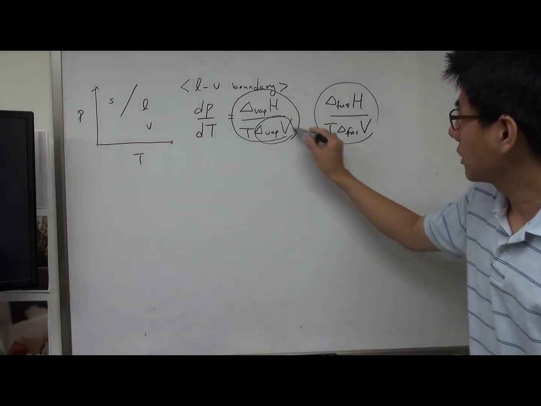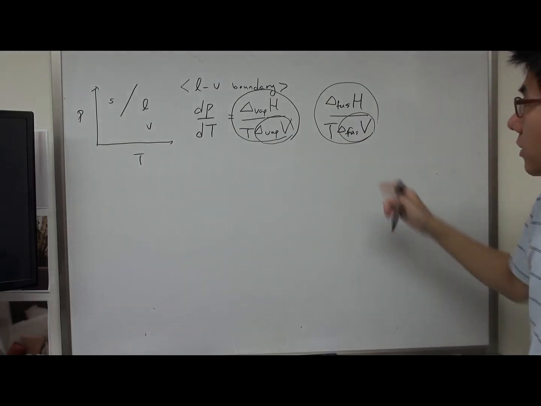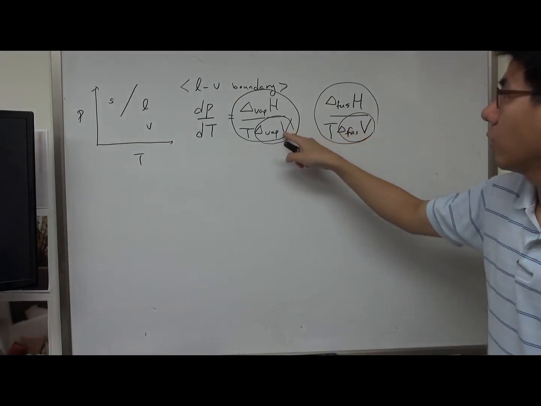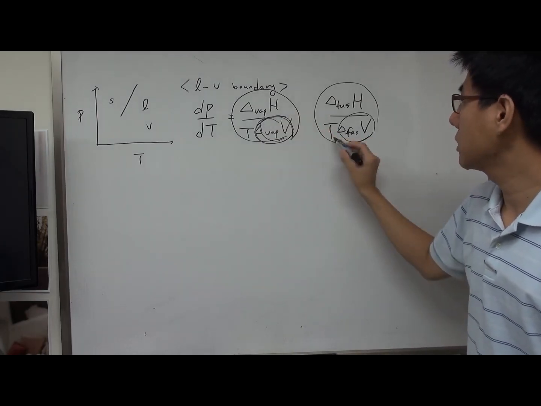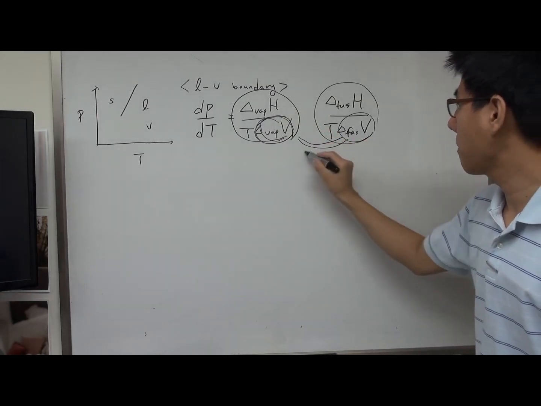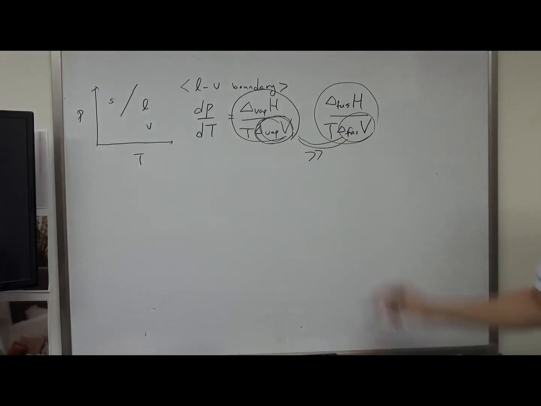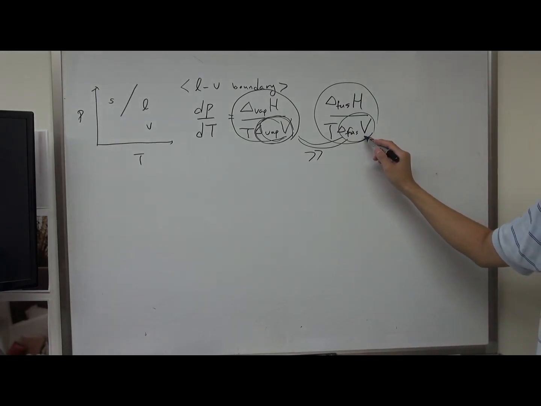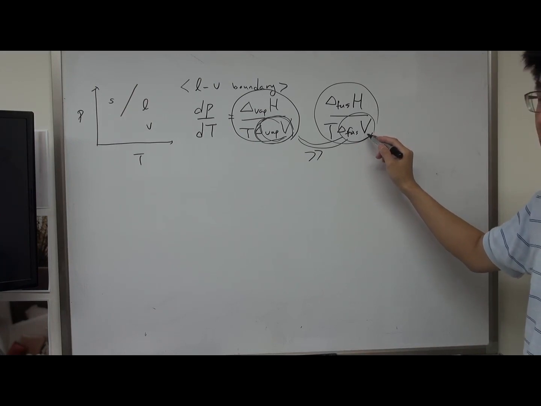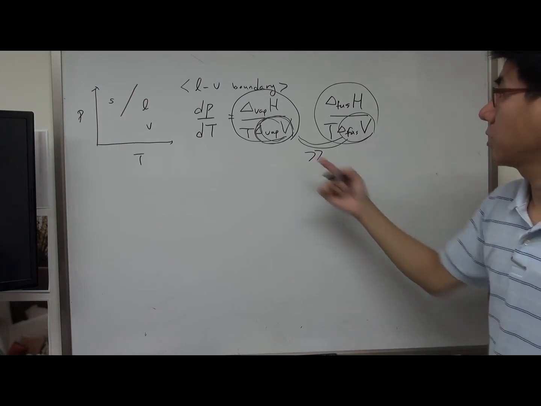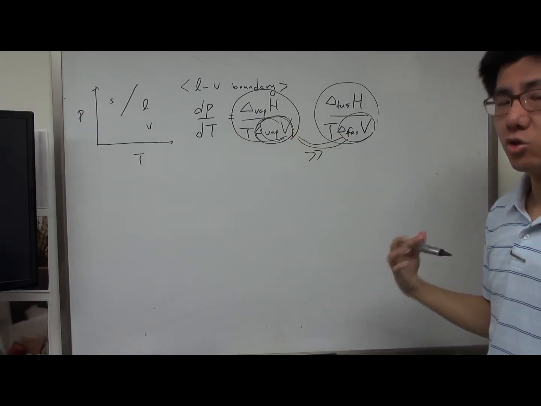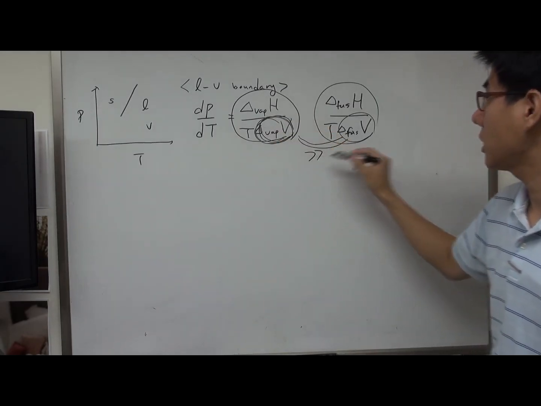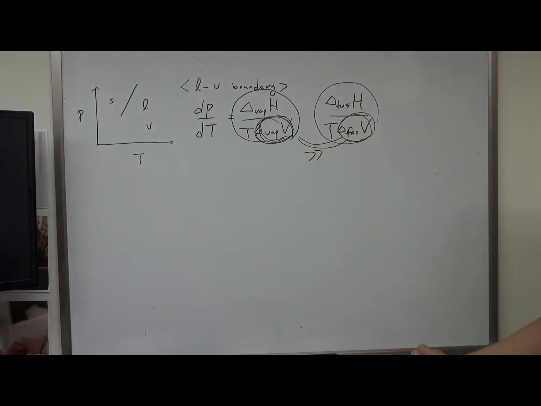The volume change for melting and for vaporization, if you compare these two, is much larger, right? If you melt a solid, basically to liquid, the volume increases a little bit. But if liquid vaporizes to gas, the volume change is huge, right? This is much larger than this, which means that